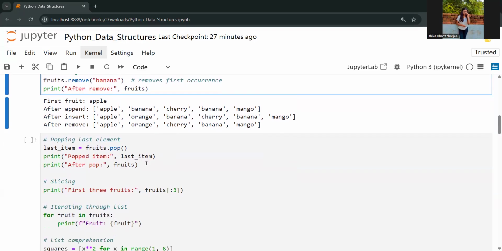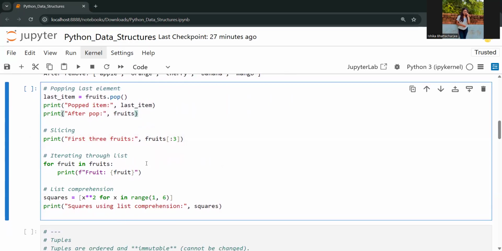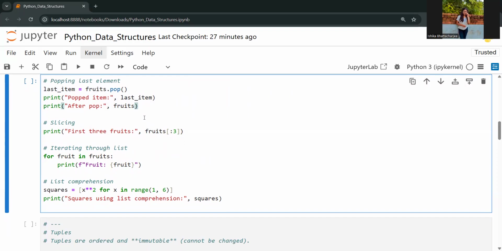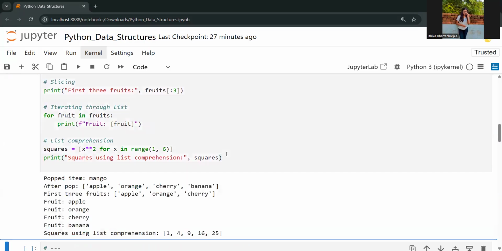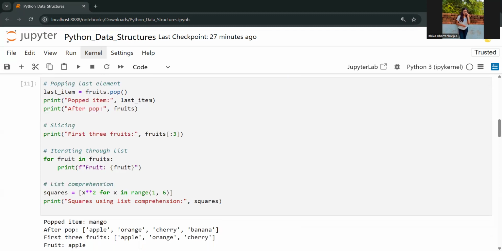We have one more thing, that is popping, slicing, iterating, and list comprehension. So let's see what happens. Popping the last element, I'm going to show you this, then you'll understand better. Now see, I have the last item, fruits.pop. Pop is the function that I'm going to use and it will give me the last element. So I'm going to pop the last element into the last item variable. The popped item would be shown in this statement, and after that I want to show the fruits